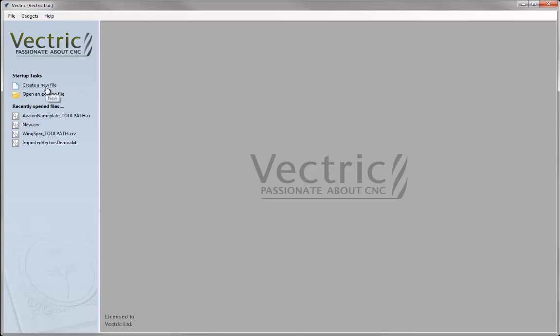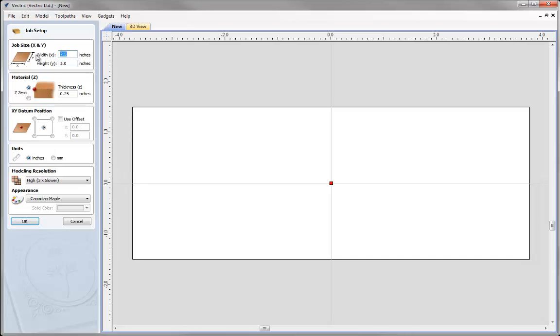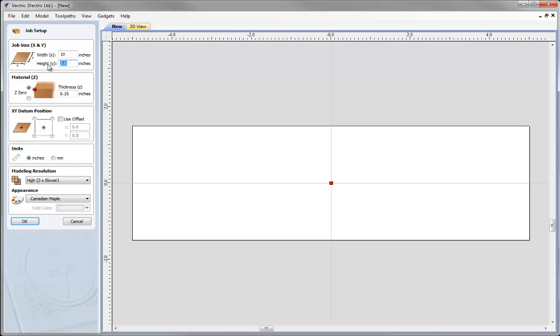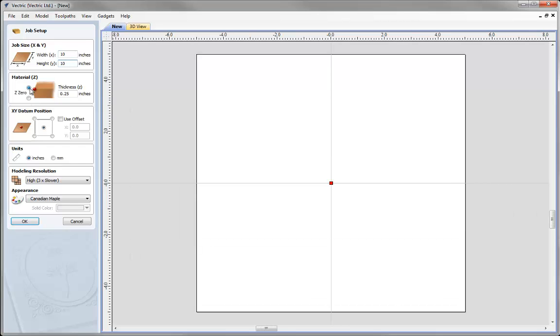I'm going to click on Create New File. I'm going to set up a job which is 10 inches by 10 inches, Z0 top of the block, material thickness 3/4 of an inch, and the XY 0 or datum position in the lower left hand corner. Check here our units are set to inches, which I want to work in for this job,